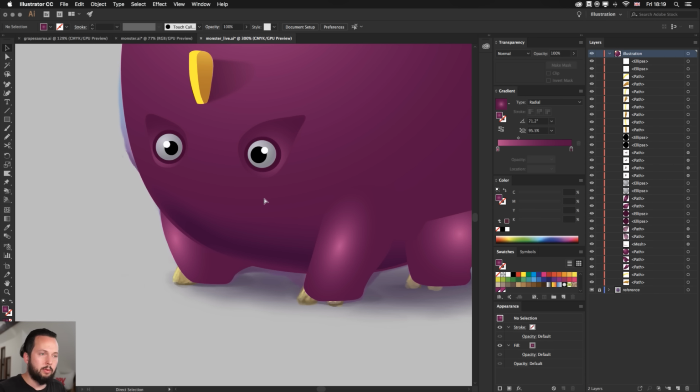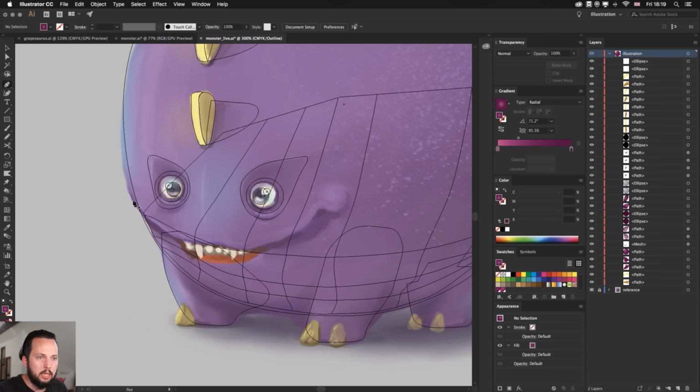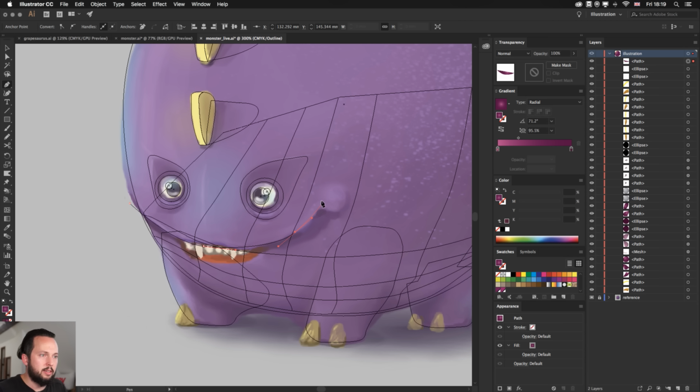So the mouth, we will see if I press Command Y, and then let's draw this quickly in. So I'm just going to use the pen tool and draw. The mouth is probably the scariest detail in here. I'm going to draw first the shade, something like that. And the teeth are probably my favorite part of this illustration. Yeah, it is fun. So let me just draw all along there.